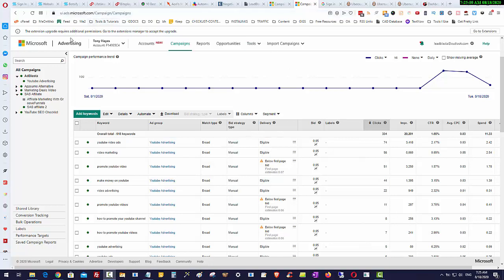Okay, so what we can see here is that I've been running $5 a day budget in here, and for the first day we got 158 clicks, the second day 148 clicks, today just started at 28 clicks. Now what I'm looking for here is buyer intent keywords. This strategy is about finding buyer intent keywords, because if you go and have a look in Google, for example,